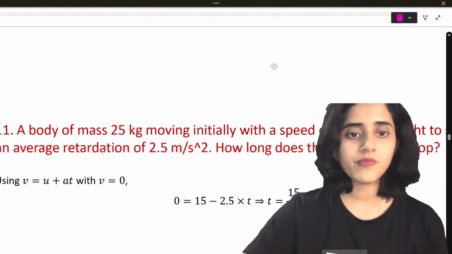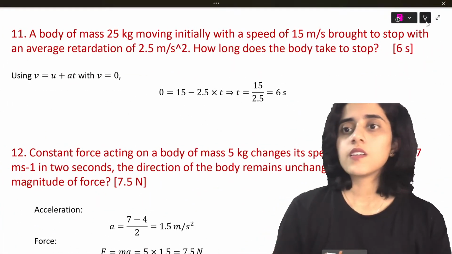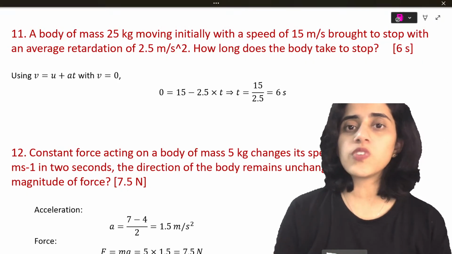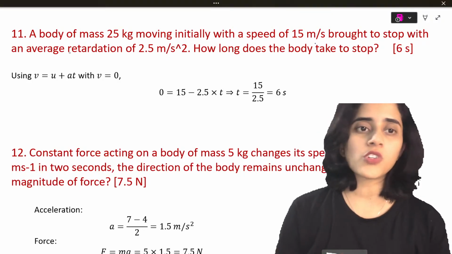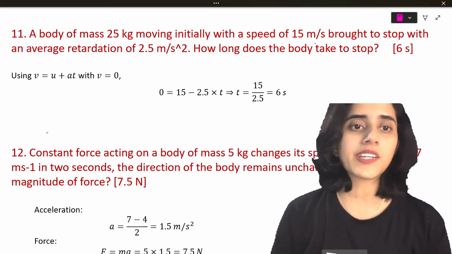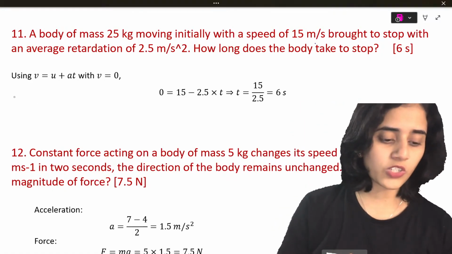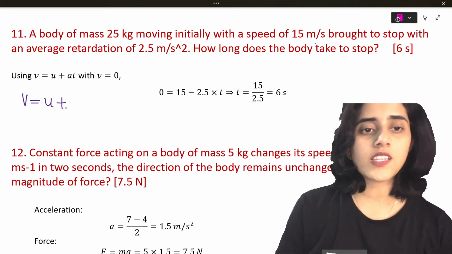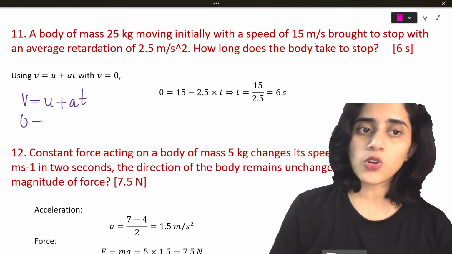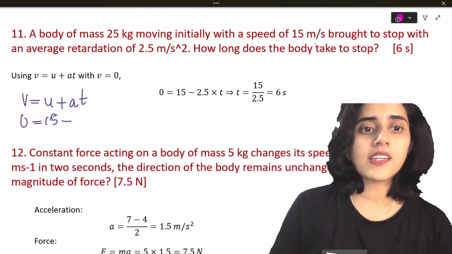Okay, next question. A body of mass 25 kg moving initially with a speed of 15 is brought to stop with an average retardation of 2.5 meter per second square. How long does the body take to stop? Again, let's use equation of motion. v is equal to u plus at. Now the body is stopping, so v is 0. So 0 is equal to u, which is what? Initial speed is 15 minus